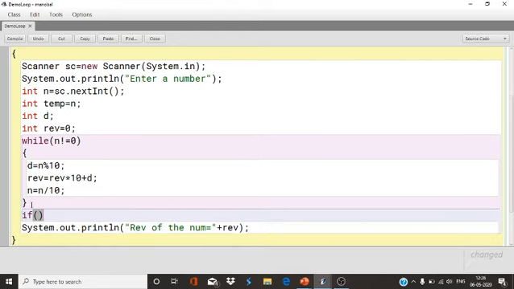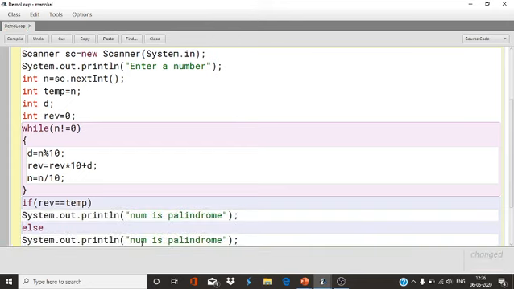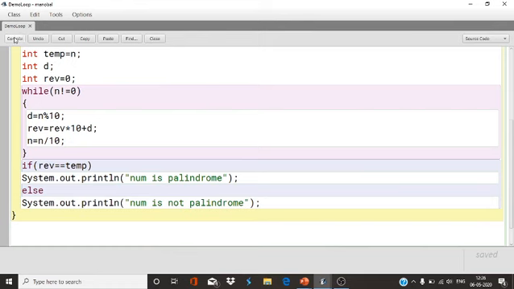So if reverse equals temp, number is palindrome. Else number is not palindrome. Now compile it.